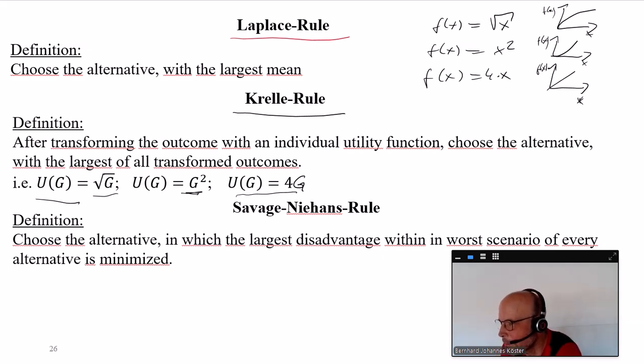Well, and what does this have to do with decisions, why is the Grelle rule then something else? It is that in this case we are dampening very high outcomes, while in this case a very high outcome is, so to speak, overestimated,